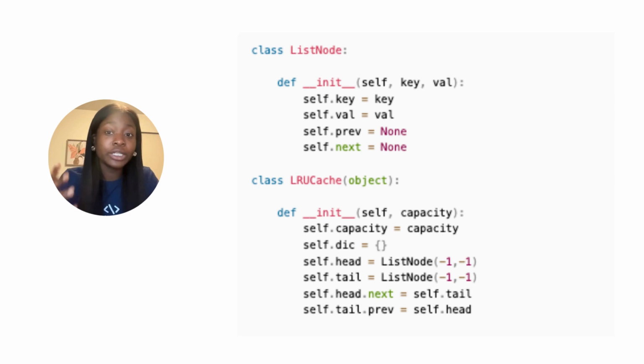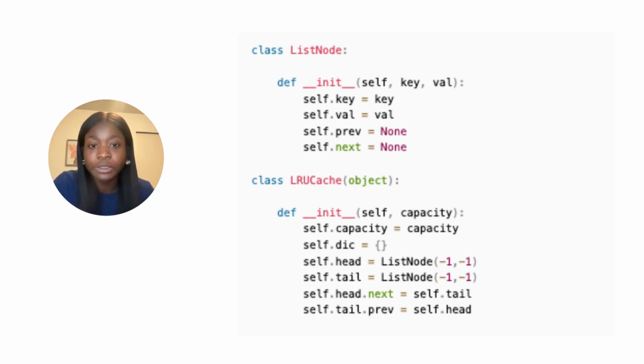The reason why I'm using a doubly linked list is because if I want to remove an item from the linked list, I need to have the previous value and the next value. That's why I'm using a doubly linked list. Now, I also had to initialize attributes for my